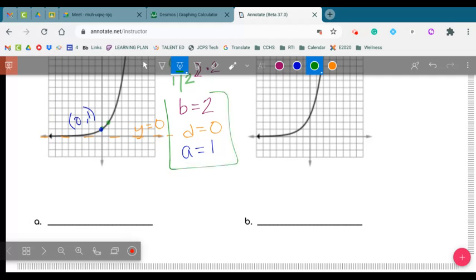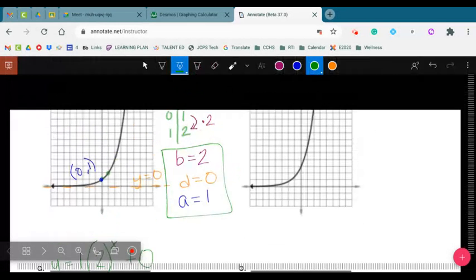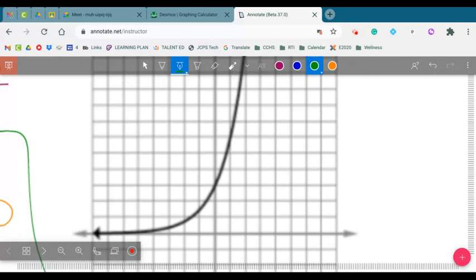I take all 3 of my values and I put them into my equation. So I'm going to have y equals 1 times 2 to the x plus my d value, which is 0. Let me know if you guys have any questions. It's pretty much going to be the same thing each time. So next one,